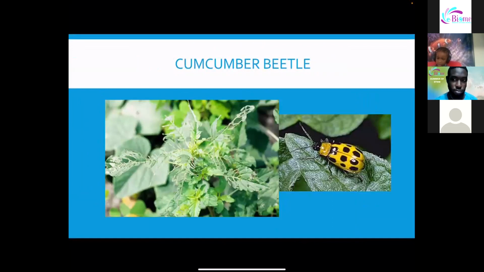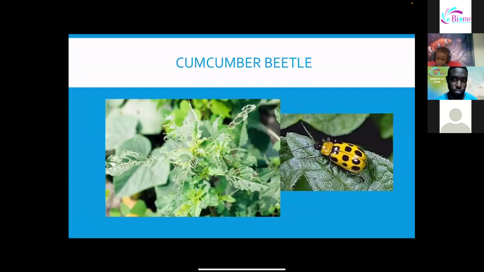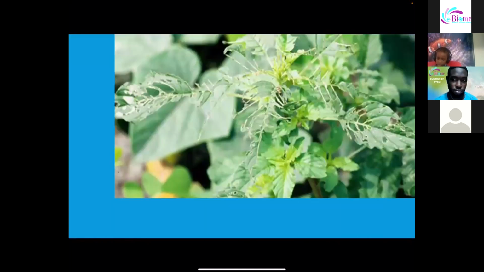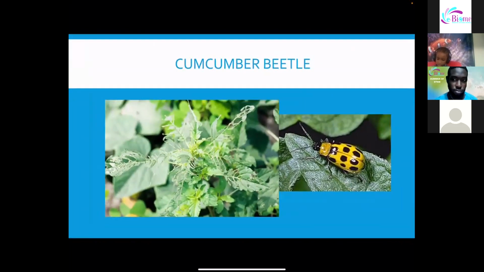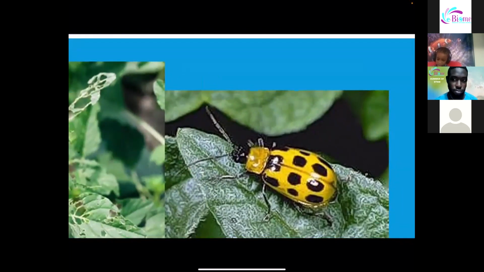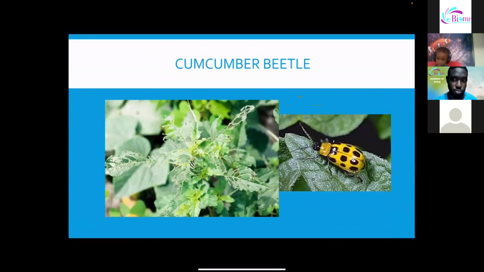And these are cucumber beetles. We were having big problems with these. And these are the spotted cucumber beetles. You do have the striped cucumber beetles. And this is what, spotted and striped? So one has spots and the other one has stripes. Are they poisonous? No, they're not. But they can be poisonous to the plants.